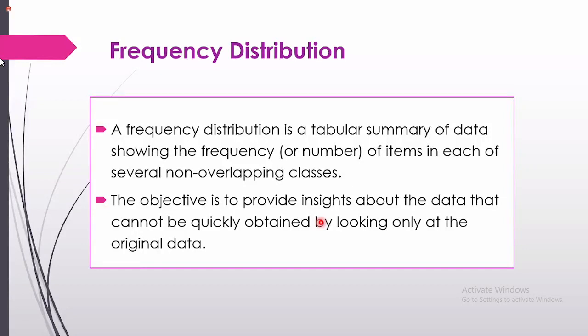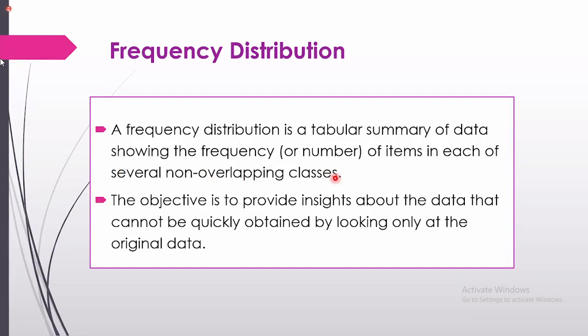A frequency distribution is a tabular summary of data. It summarizes the data, which table shows the frequency. What do you mean by frequency? The number of items in each of several non-overlapping classes occurred, right? So the frequency table or frequency distribution is a table, right, which summarizes the data, which shows the frequency of the items in each of several